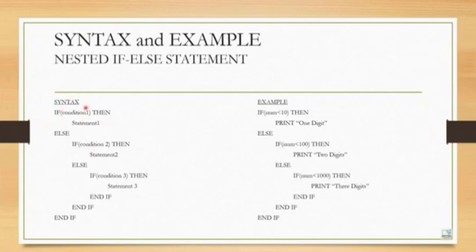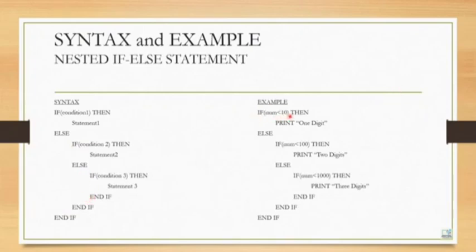Now nested if-else statement can be used in place of if-else-if statement, but normally we prefer to use if-else-if statement because that's easy to write. What is here is first condition, if condition 1, statement 1, else, then inside of else we have another if-else, then inside of the next else we have again if. So we can say that this if is closing here, and this if is closing here, and this if is closing here. Understood? See the example.